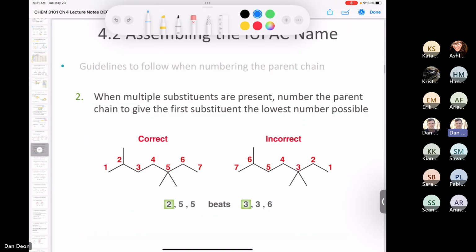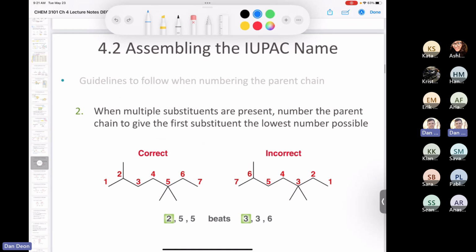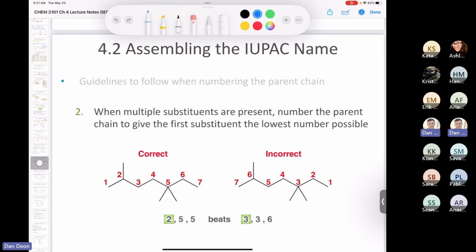Now, if you have multiple substituents, and I kind of let this rule slip out of my mouth by accident, here's the rule. Sometimes I'll have students who try to twist the rules and make them the way they think is logical, but here's the rule: you give the first substituent the lowest possible number. You don't have to add anything up and tally up stuff. There's none of that involved whatsoever. You just count the carbons. Wherever the first substituent shows up, whichever one has the lowest number, that's the answer.